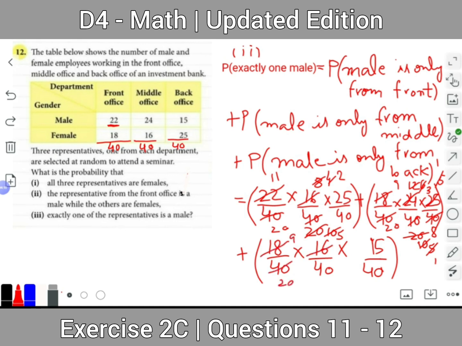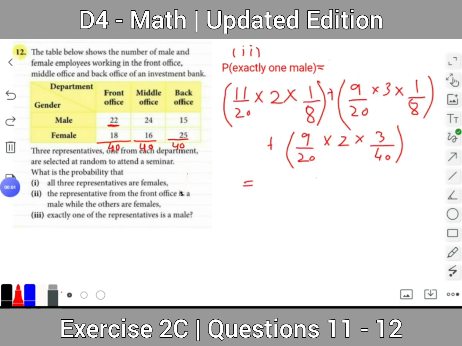Here we have 2 8s are 16 and 2 20s are 40. After further simplifications, we will have 2 over 5 here. Now after simplifications, we have the values as follows. 2 4s are 8, so here we have further simplifications, and we get 11 over 20 multiplied by 1 over 4,